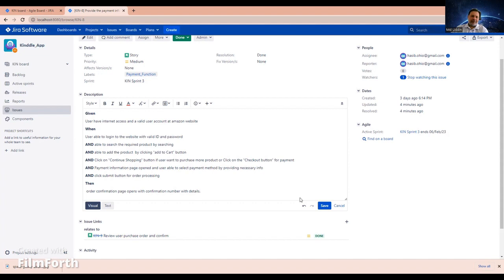So the payment page opens, they're able to select a method of payment. Submit button. Okay, that's fine. So you can say here